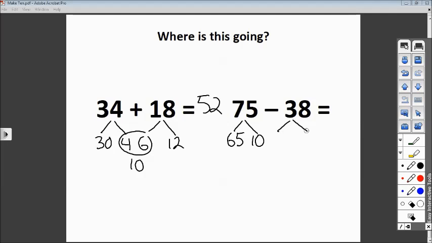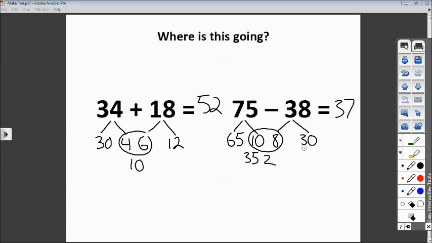I want to break the 8 off of here to subtract. And that means there's 30 left here. Subtraction of 8 and 10 here is 2. 65 minus 30 is 35. 35 plus 2 is 37. That's where that's going. We also have another method, but this would be a lot easier for this one in